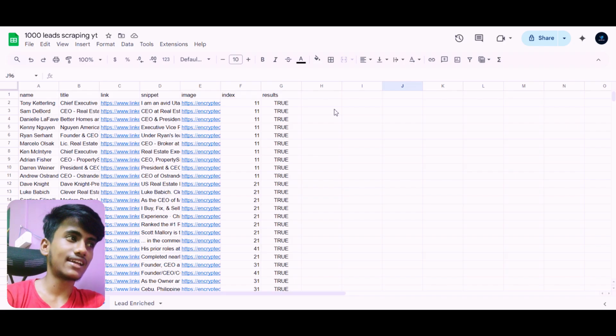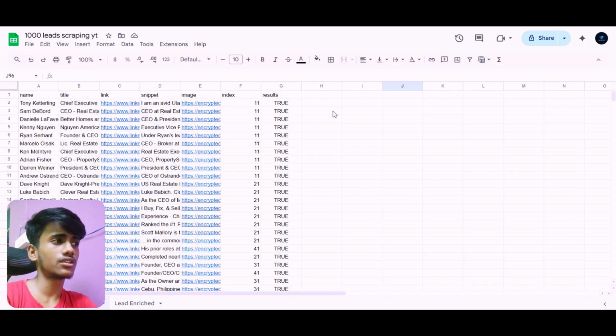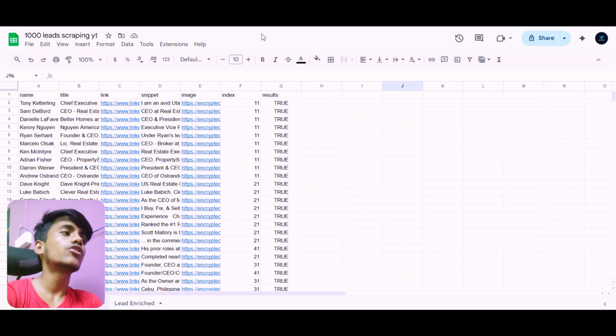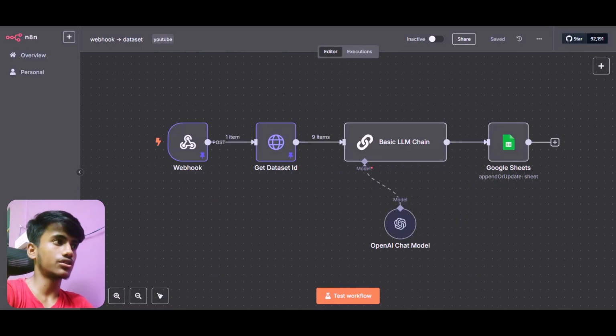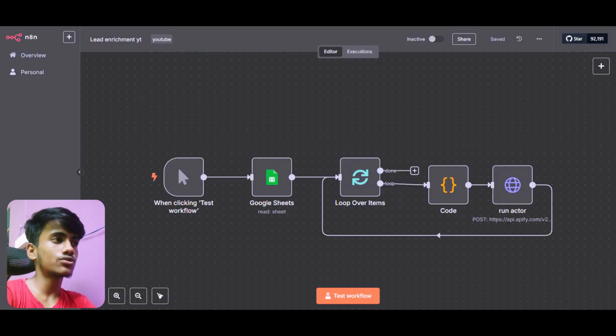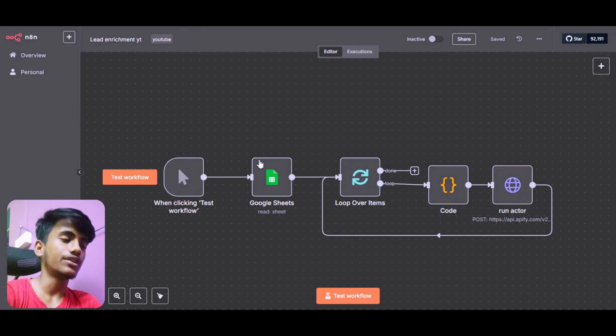You can't scrape email using this free method, right? But I actually prefer to have that email. So for my agency, I have built two automations which help me scrape their emails and their phone number as well, right? But this is not free.